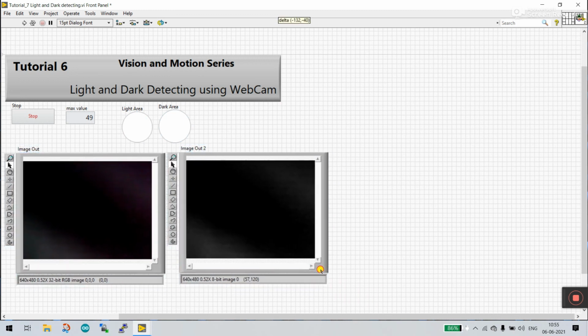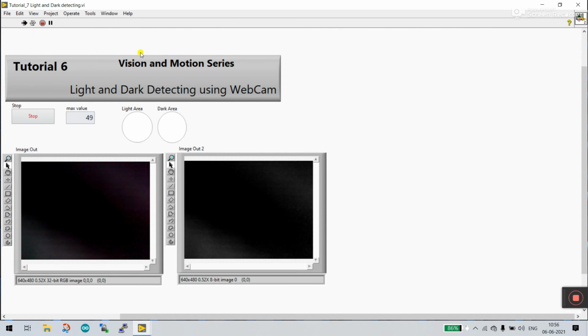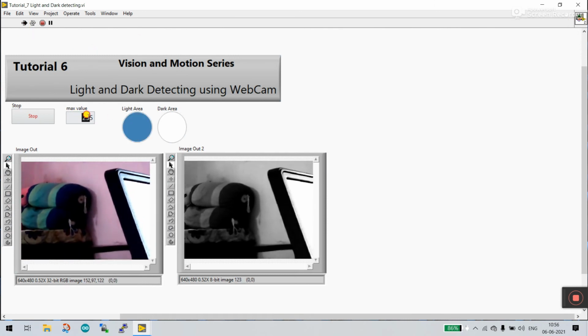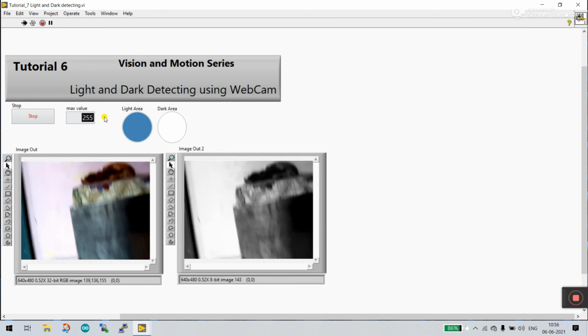Let's modify. Now let's click to run the program. Now you see light area, because the value is greater than 200.